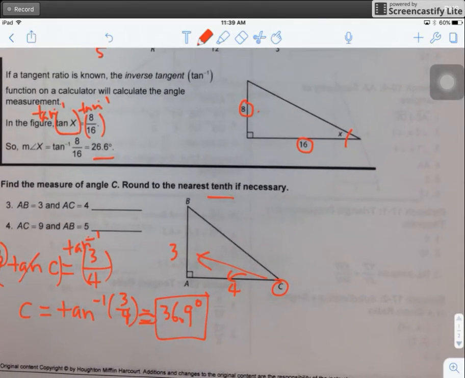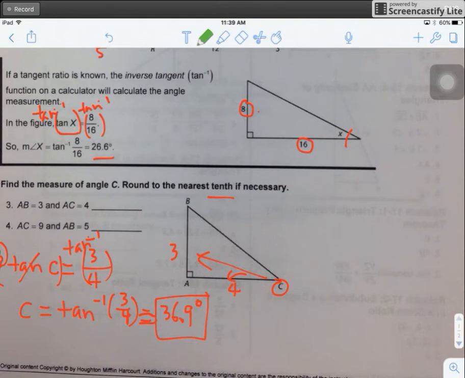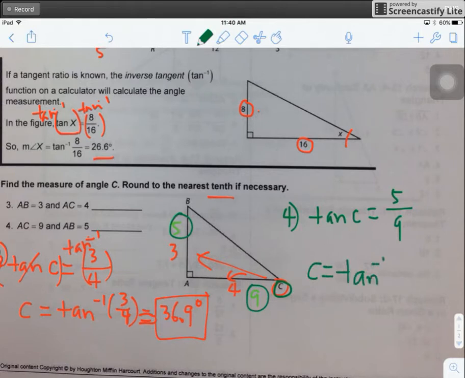For number 4, we are given that AC is 9 and AB is 5. So we have a different set of numbers. So we can do it the same way that we did for number 3, which means in terms of angle C, we have tangent of angle C, which is opposite, that would be 5, over adjacent, which is 9. Again, applying the tangent inverse to both sides, I will have C is equal to the tangent inverse of 5 divided by 9. And working it out in the calculator, we will have the answer to be approximately